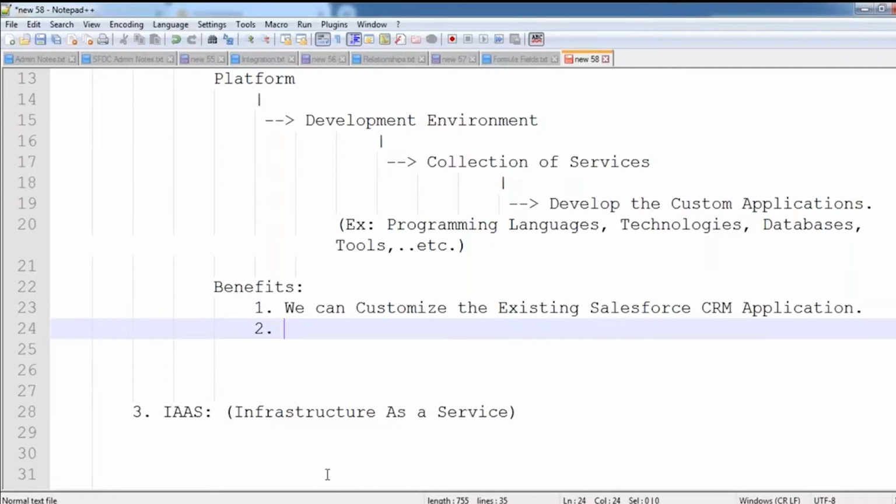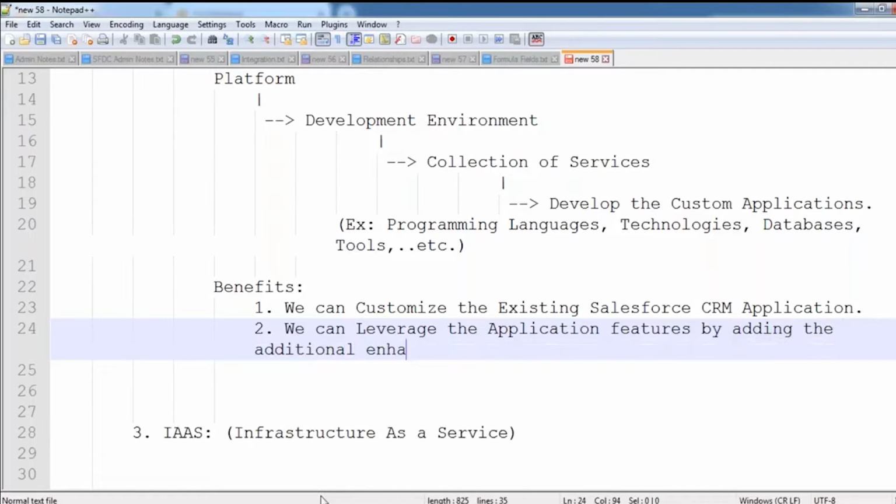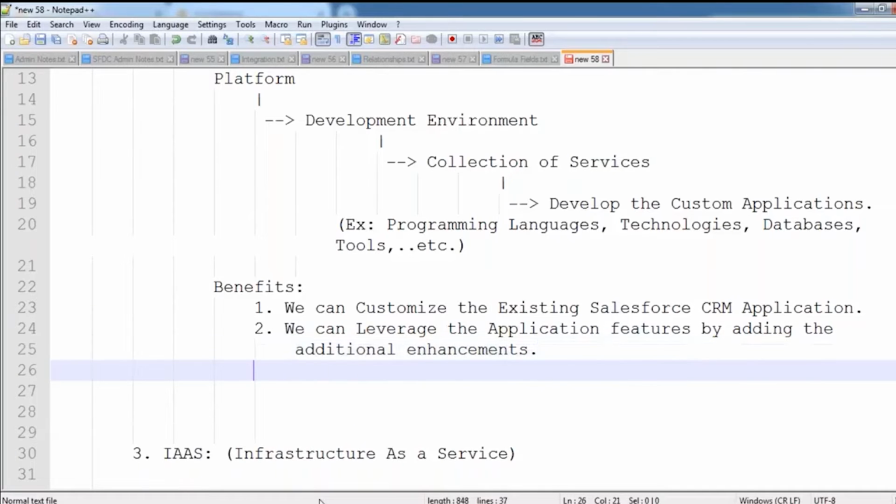Next, the second one: by using this Force.com platform, we can leverage the application features by adding additional enhancements. That means whatever features Salesforce has given by default as part of Salesforce CRM, if those are not sufficient and I want some more features, then what can we do? In this case, we can build those features and we can